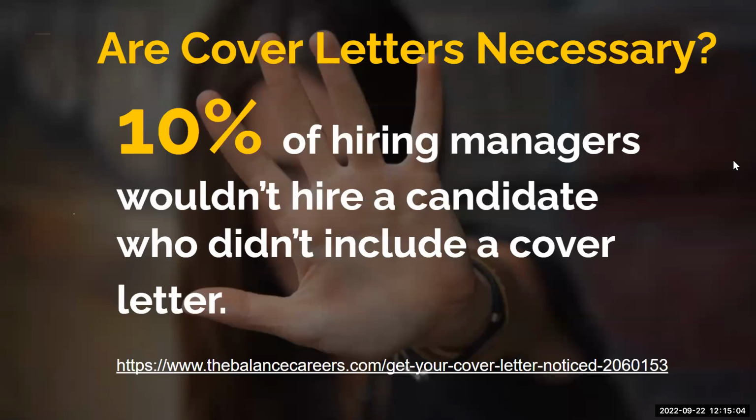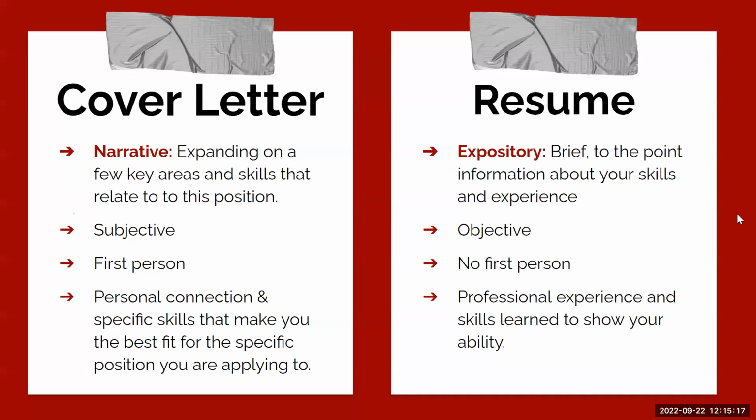So I think we already covered this already. 10% of hiring managers wouldn't hire a candidate who didn't include a cover letter. Again, it's just another easy way for employers to weed out some of those students that aren't going that extra mile for them. So let's talk a little bit about the difference between a cover letter and a resume,